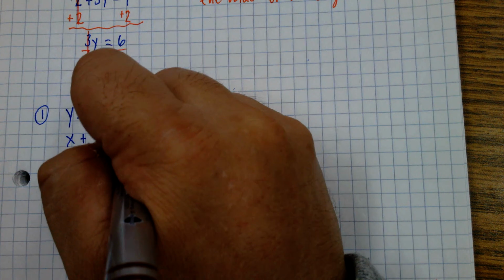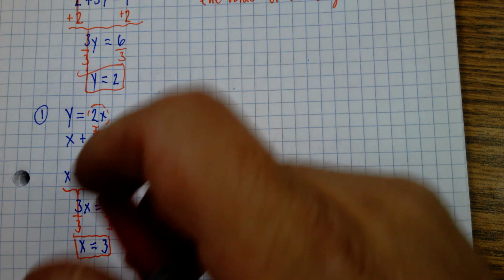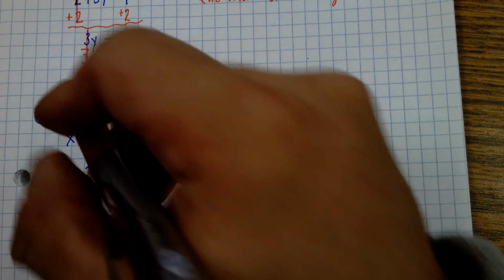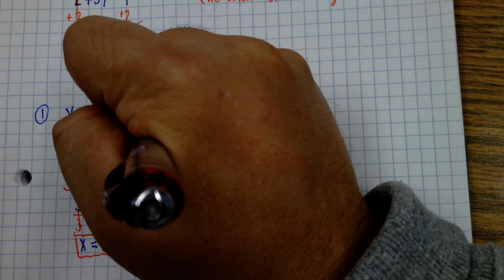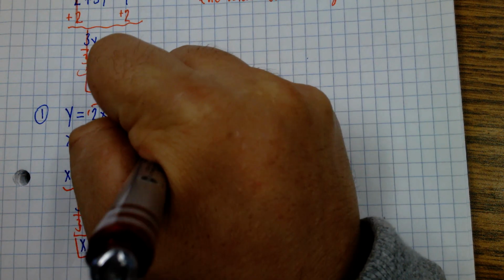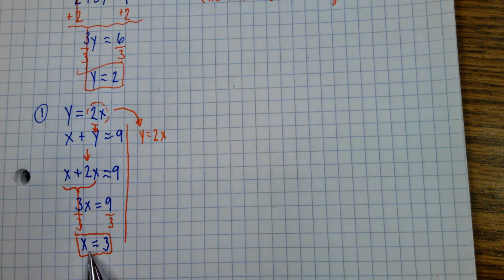So I'm going to make another column here to do a little work. And you see this equation that I started with, y equals 2x? Let's take it. This is going to help us figure out what y is. Right now I'm saying y equals 2x. But what's the value of x? How much is x, guys? X equals